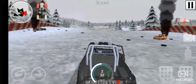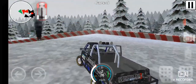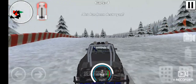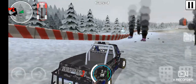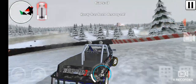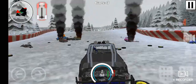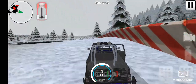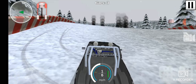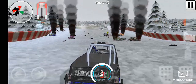Come on, Rusty. Oh, shoot. I might want to lay off on being the bully here for a little bit. Alex is dead. Aw, crap. I might be dead next. Rusty's dead. Alright, oop. That was kind of cool to watch. The traction control will come in handy towards the end of this because...